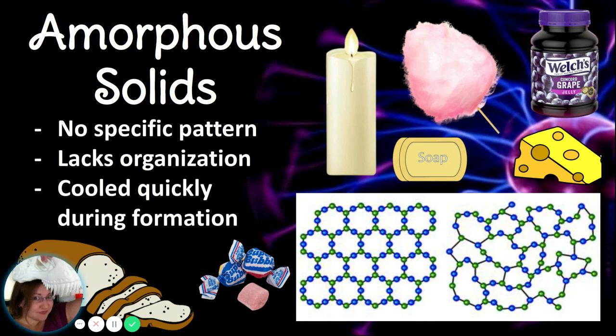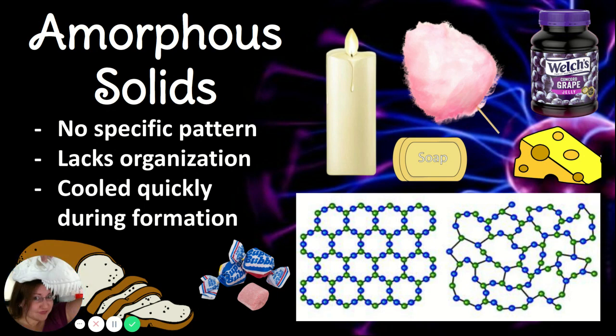And usually amorphous solids are going to form because of a very quick cooling of the material as it's forming. An easy way to remember amorphous solids is your stems. A means without, and morph refers to the shape or form of a structure. So it's without a specific structure. And sometimes I like to refer to amorphous solids as kind of globby solids, and they seem to be usually